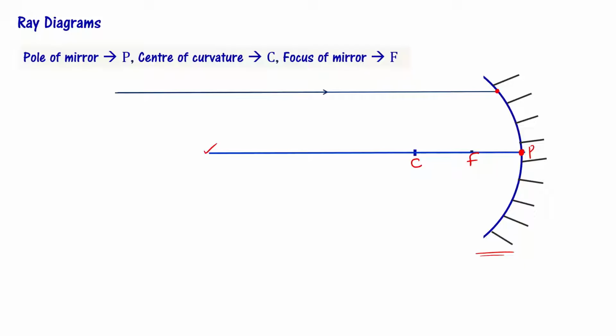From the point of incidence, now we have to connect the center of curvature such that we will get a normal from the point of incidence to the surface of the mirror. Right? Now you find what the angle is. Exactly the same angle you have to use and draw a reflecting ray. If you use the same angle, the reflecting ray is passing through the focus.